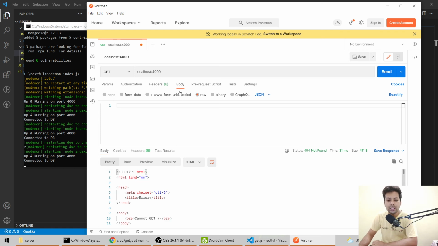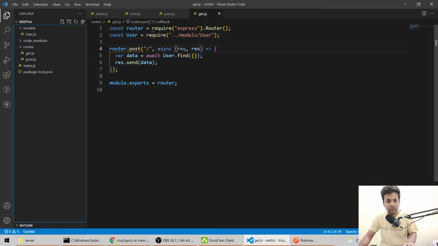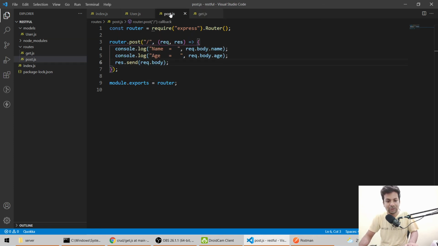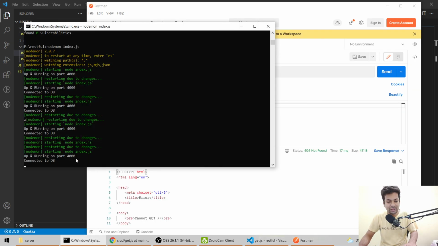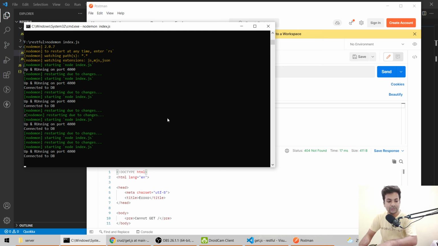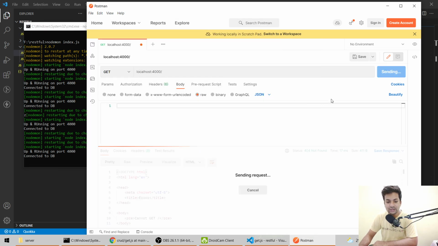Localhost:4000/, let me hit it, send it again. Why cannot it get? Okay, I have done post here. How come it came post in get? And the router, it's in post. But in get it became post. That's why I'm wondering what happened.